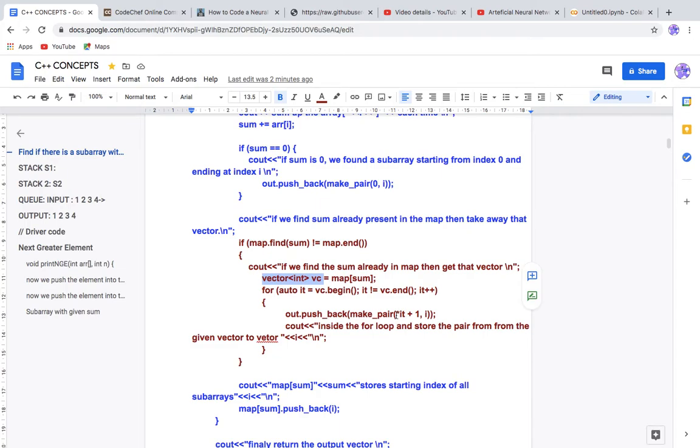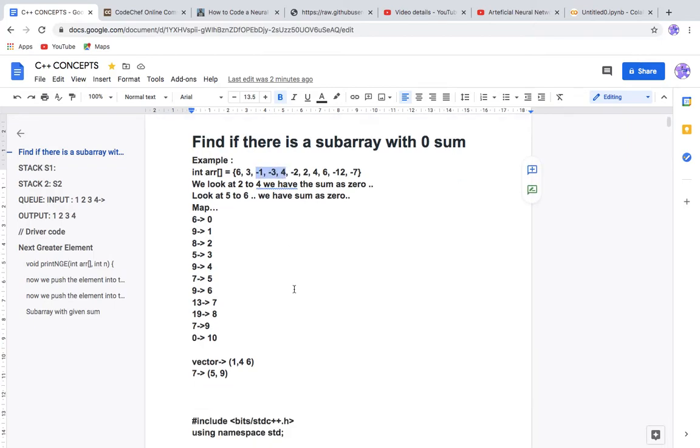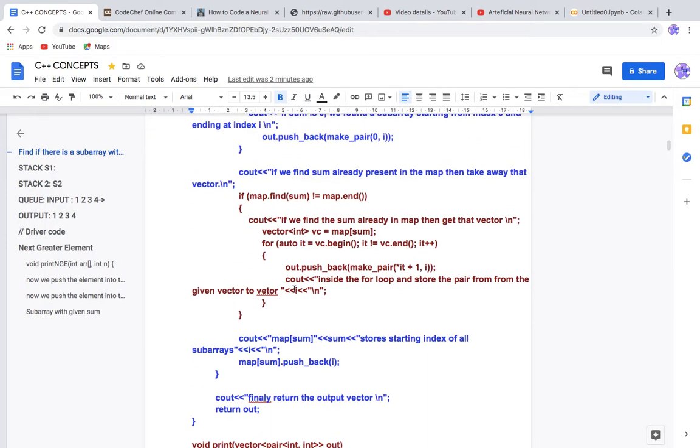So we'll make that pair 1 plus 1 and i, that is up to i. In this case i is 4, because sum is 9 at i equals 4. And here it was 1, and 1 plus 1, so we'll take from 1 step ahead, 2 to 4, right?